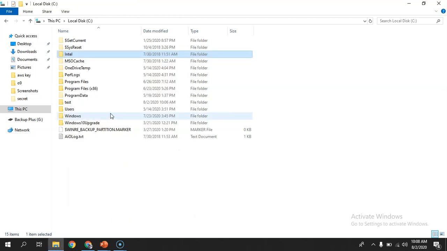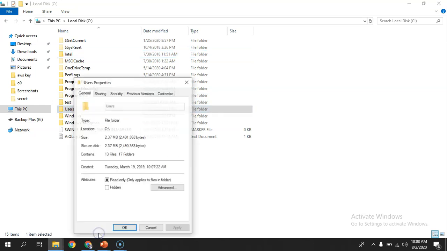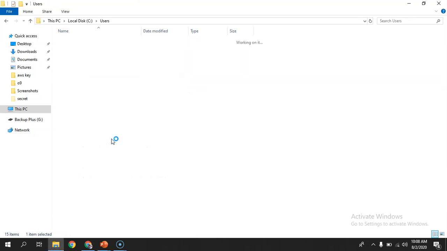We can keep on doing this in each of the folders, and then there will be one folder which is consuming high space. For example, let me see this Users folder, properties, and yeah, it seems to be taking somewhat more space, but then inside that, I have to keep on repeating this until we figure out the exact folder which is consuming this disk space, right?